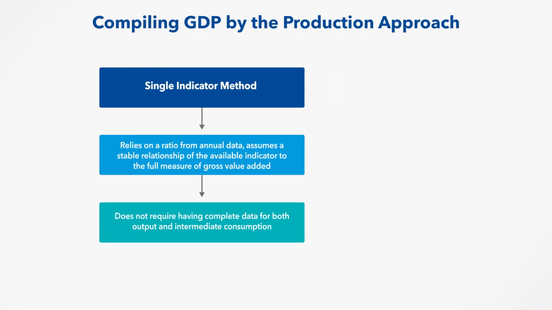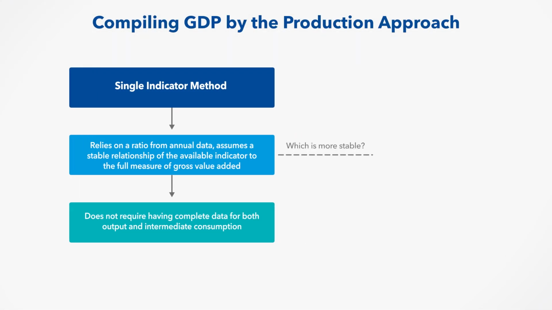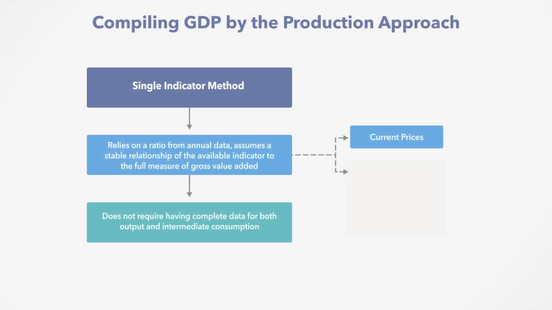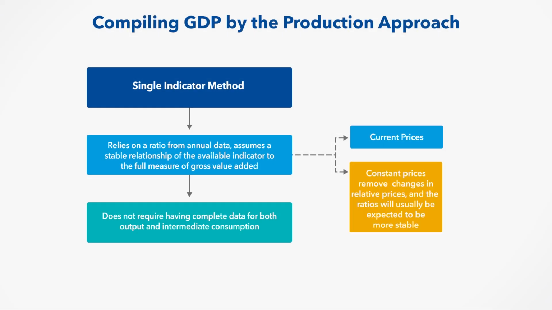Compilers must also consider whether the ratio would be more stable at current or constant prices. The relative prices of inputs and outputs may move in opposite directions, which implies changes in profitability and labor costs that are the major components of gross value added. Since constant price estimates remove changes in relative prices, the ratios will usually be expected to be more stable at